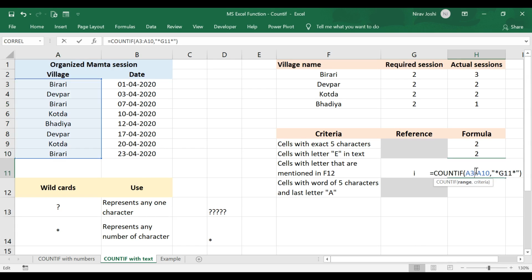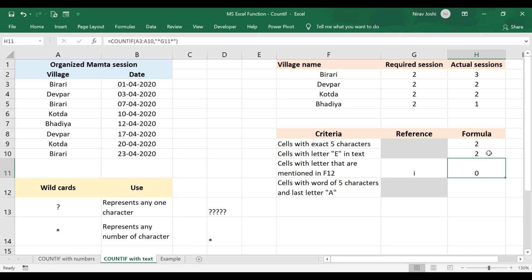Now the reason for that is we had selected a cell which is shown as G11, which is the reference of that cell actually. But what's happening here is that it is considering G11 as a set of letters and it is applying that set of letters as a criteria themselves.